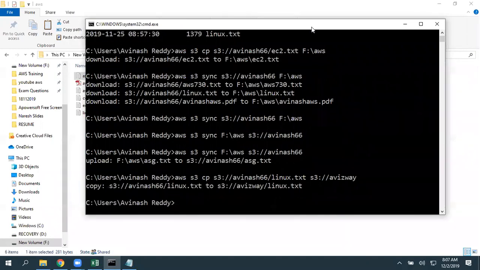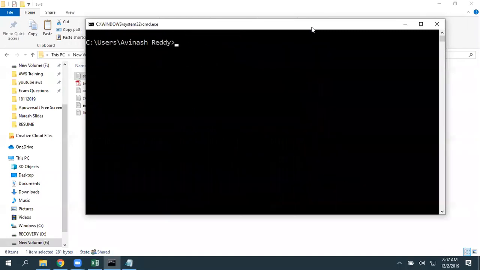If you want to create a new bucket, aws s3 mb is for make bucket. MB means make bucket, RB means remove bucket. So I'm going to give mb, then what is the bucket name? s3://.